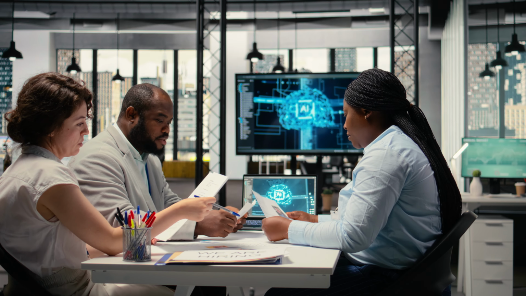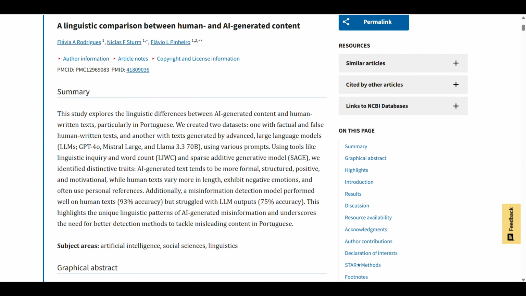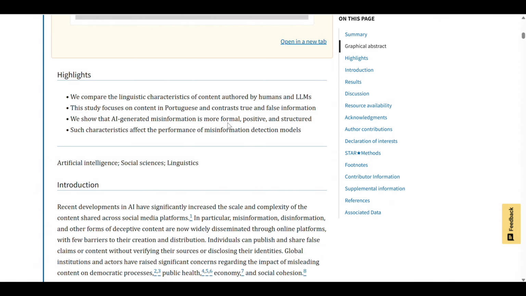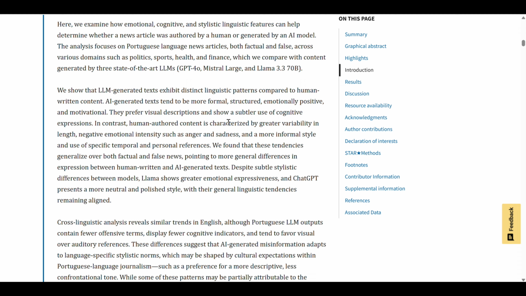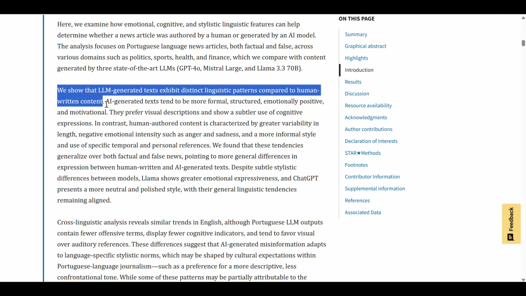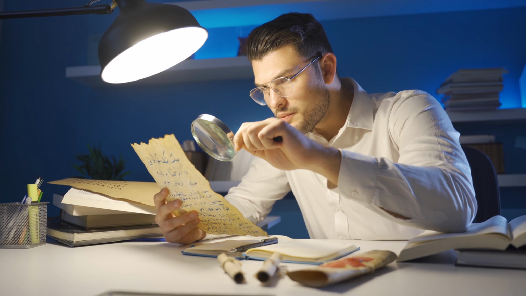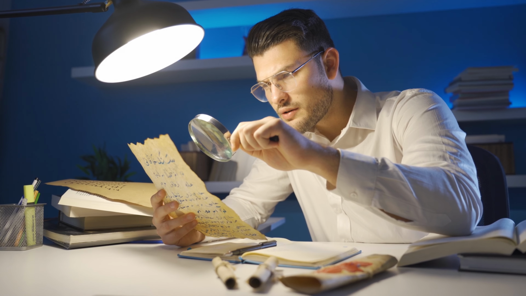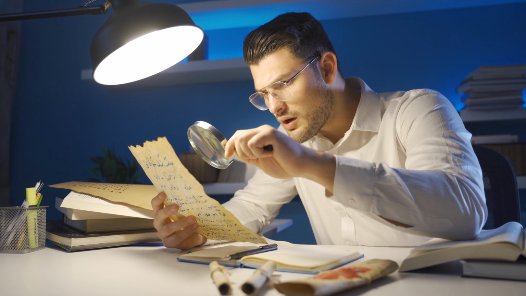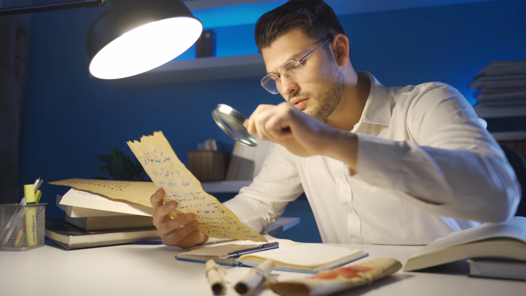Research published in 2025 backs this up. AI evaluation systems consistently favor longer, more polished responses, even when shorter answers are equally or more accurate. And the preference for stylistic convention can't easily be fixed through prompt design. The bias is embedded in how these models evaluate, not just in what they produce.